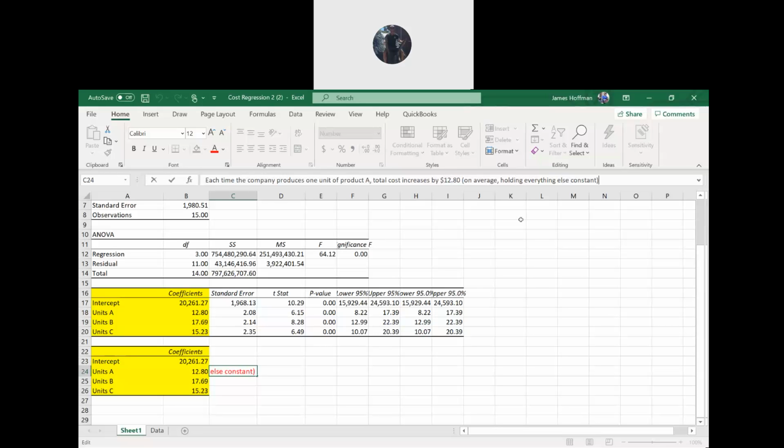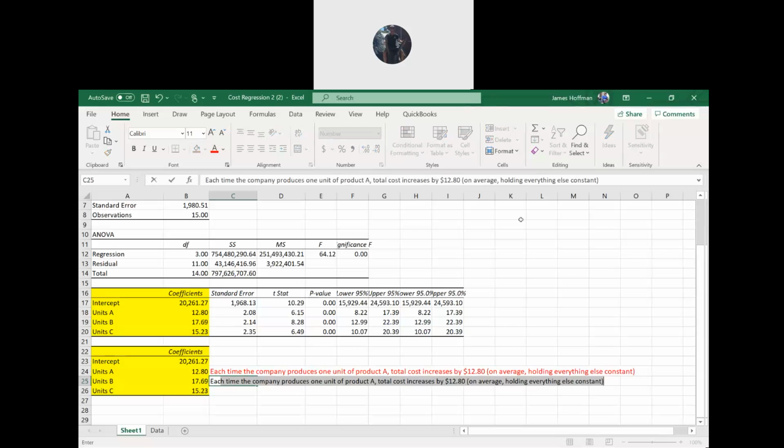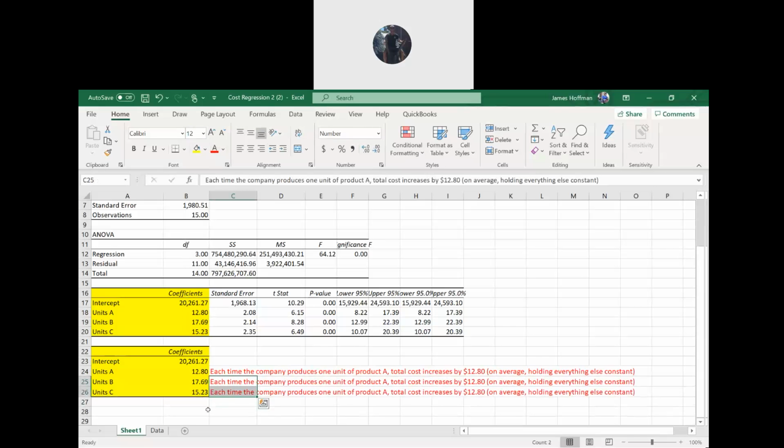All right, so you interpret the other ones the same way. The next one is units B, and the next one is unit C. So for units B, total cost increases by a little bit more, $17.69. And then for unit C,